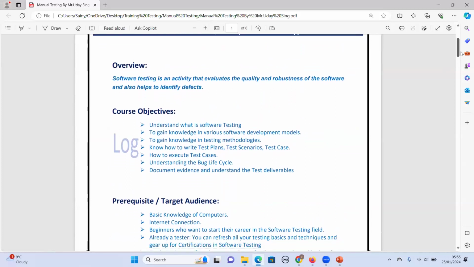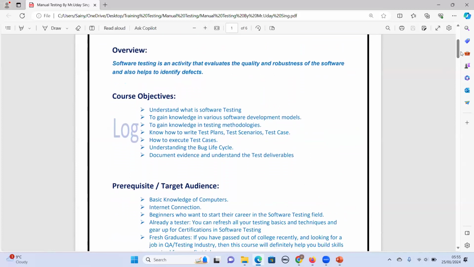This is the course content. Software testing is an activity that evaluates the quality and robustness of the software and also helps to identify the defects.